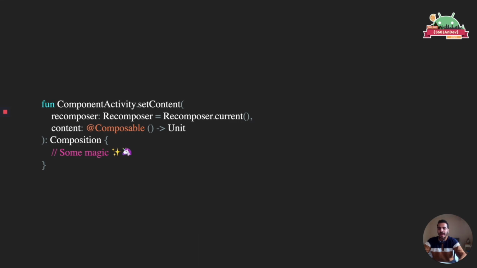This function is annotated with the @Composable annotation. Now this is new and we've never encountered this before. This in fact is the secret sauce for Jetpack Compose. Annotating a function with @Composable allows that function to describe UI. There are some exceptions to this, but we don't need to worry about that. So what we know till now is that I can describe UI by passing a function that is annotated by